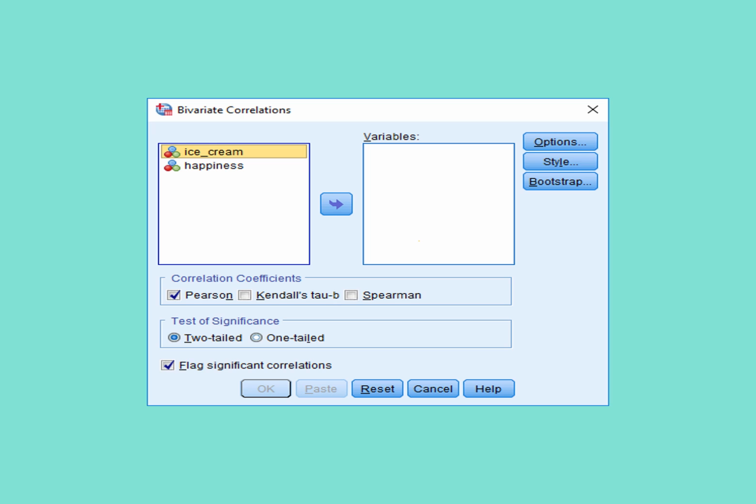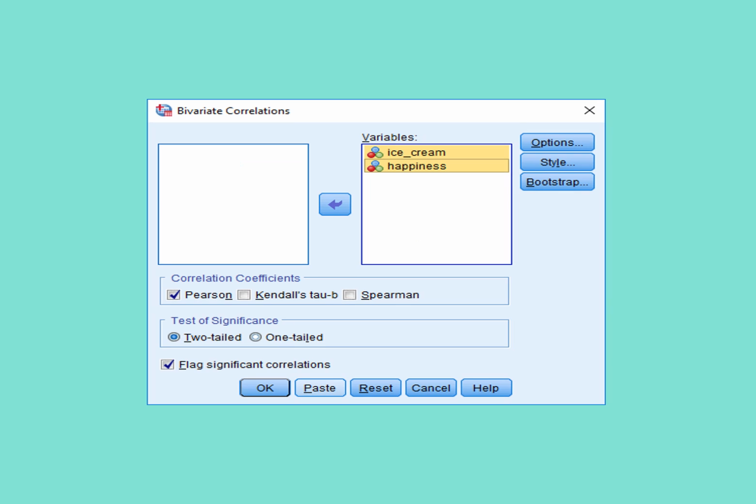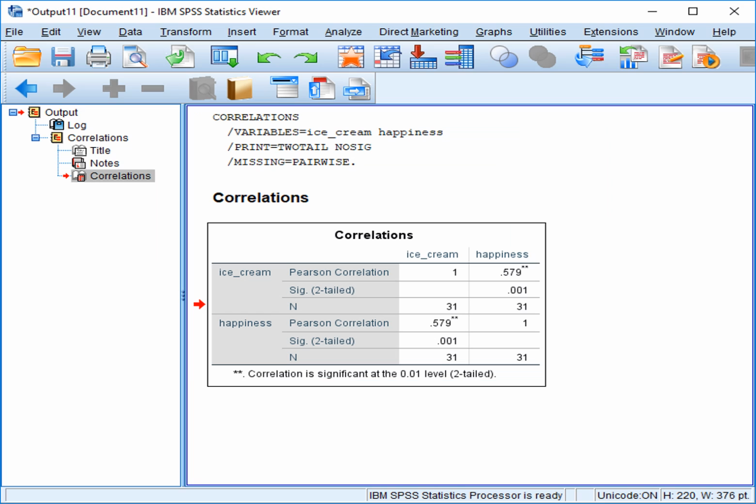Transfer your two measures, ice cream and happiness, into the box called variables, usually by clicking each label in turn and pressing the right arrow. Finally, press OK. The output looks unnecessarily complex. To uncover the correlation, locate the row that coincides with one measure, such as ice cream, and the column that coincides with another measure, such as happiness. The correlation is the first number in this cell,